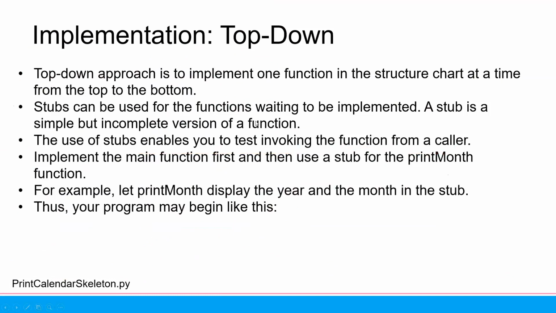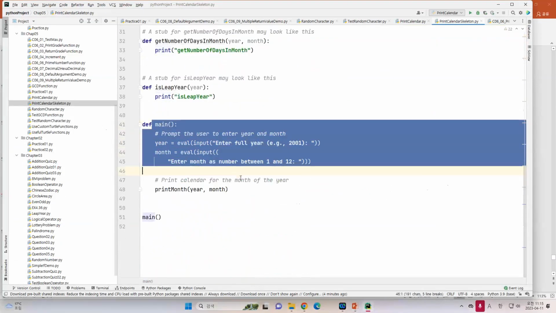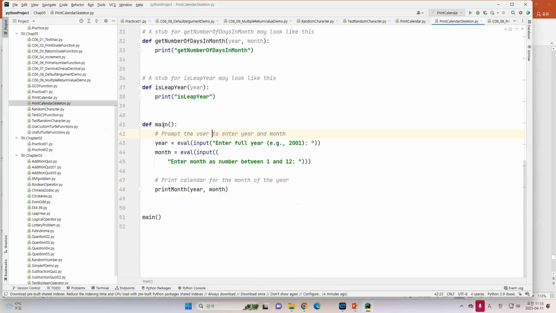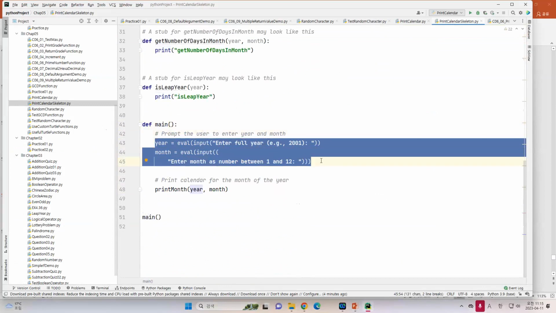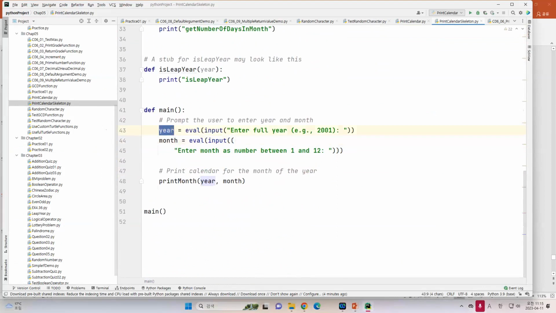So if you look at the code, we have the main function. The main function is there to call all the functions. First, I would like to get the input. What is the year? And then what is the month? And I want to print the month. The month that I want to print is from the following month and the following year. Then if I check this print month,